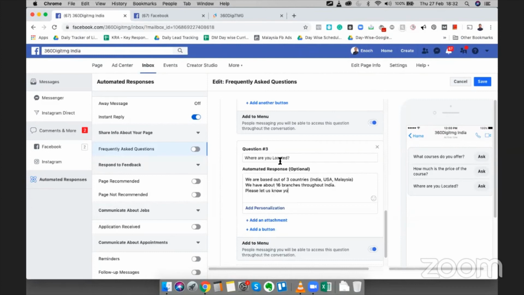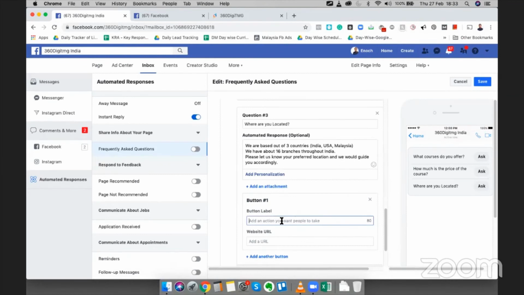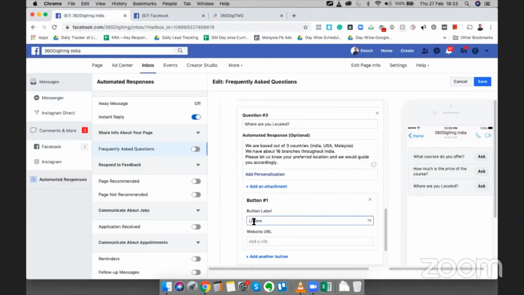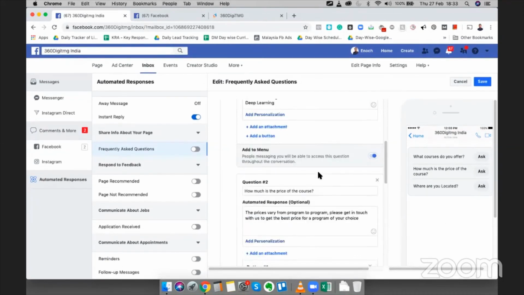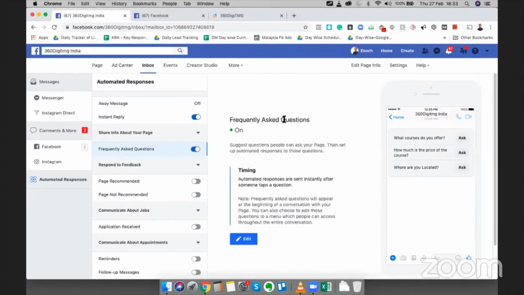Please let us know your preferred location, and we would guide you accordingly. And I can add a button. I can say know more, or I can say learn more. I can give this URL. And I can have this as a frequently asked question.